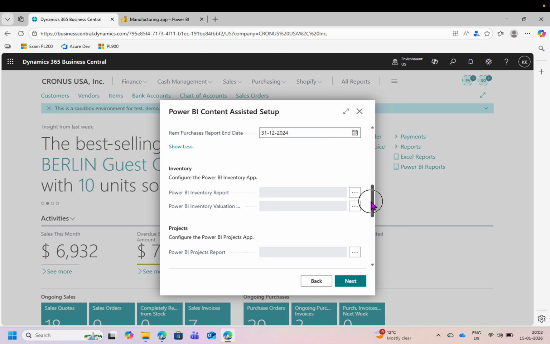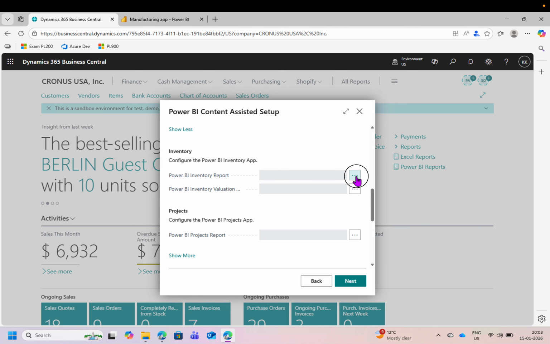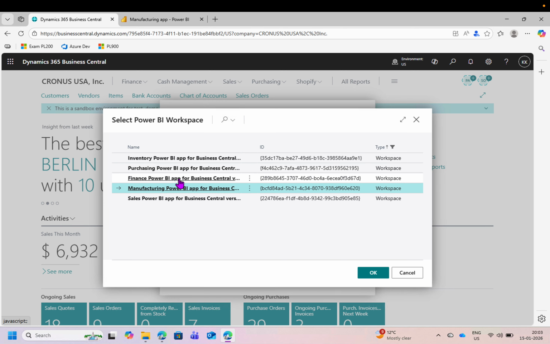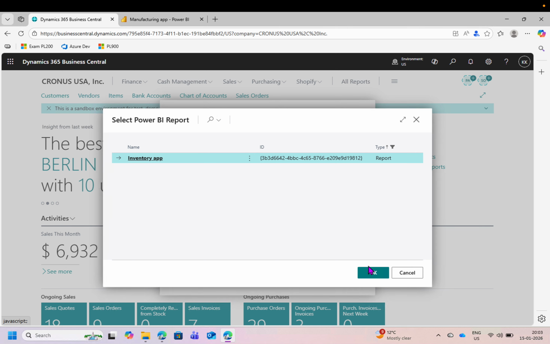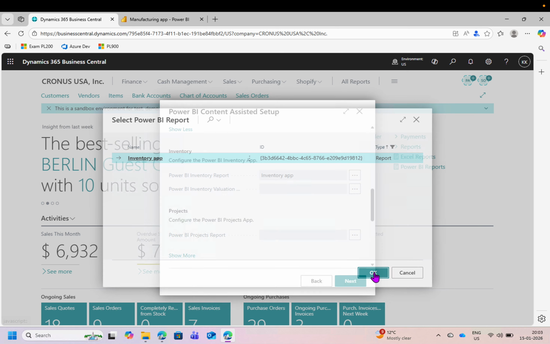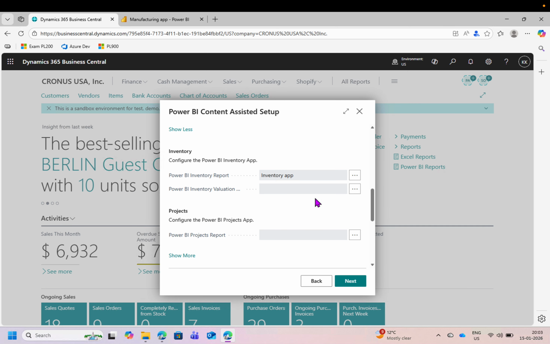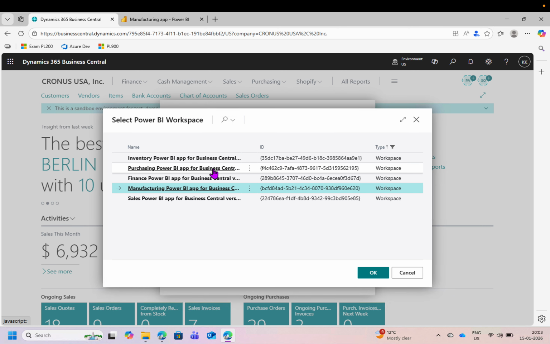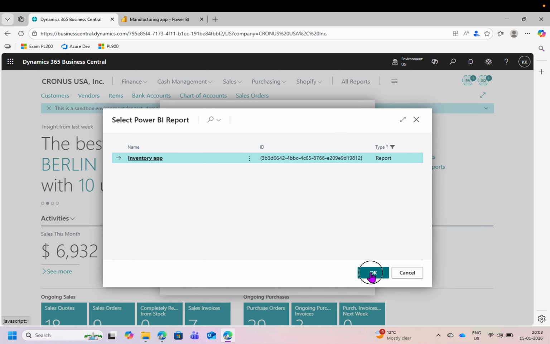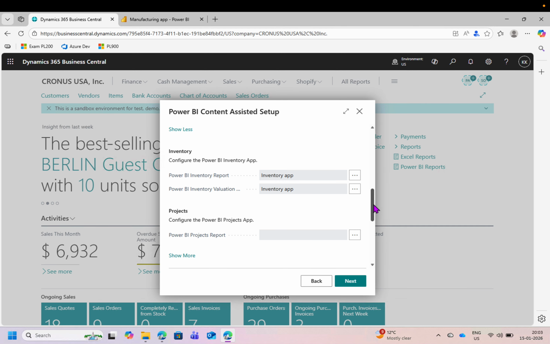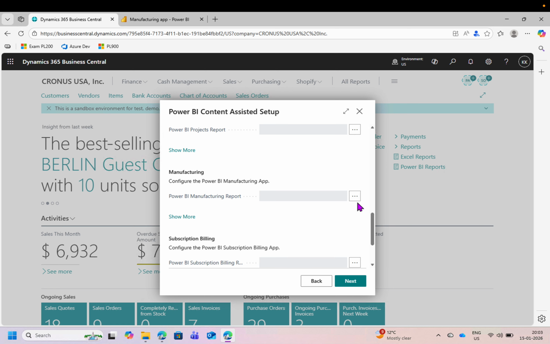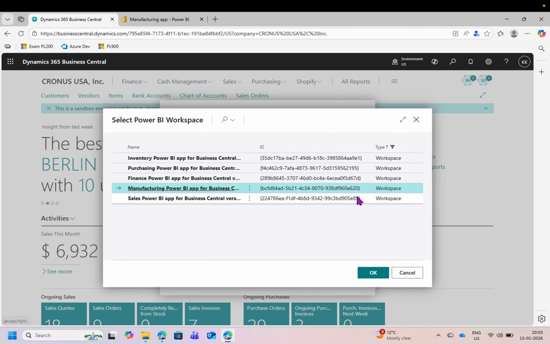Okay, same, I'll select for inventory, and this is my inventory app. So you can see how cool it is that module wise Microsoft designed this wizard page where we can easily connect the different things available with respect to each module. Okay, so now I'll select this. Now for manufacturing also, I'll select the manufacturing app,